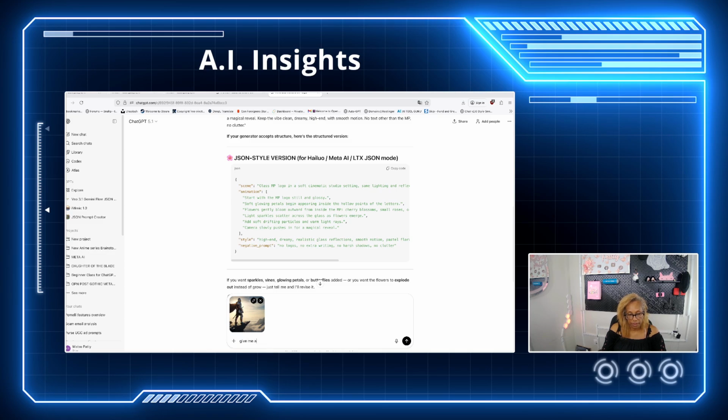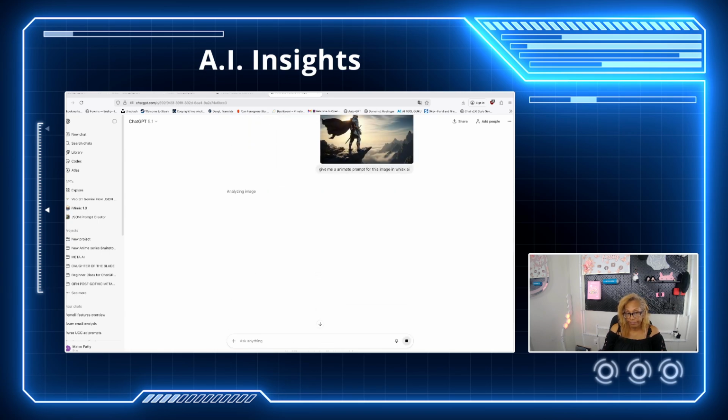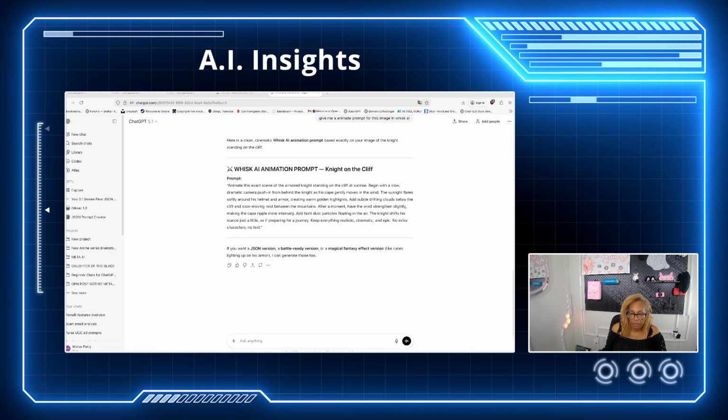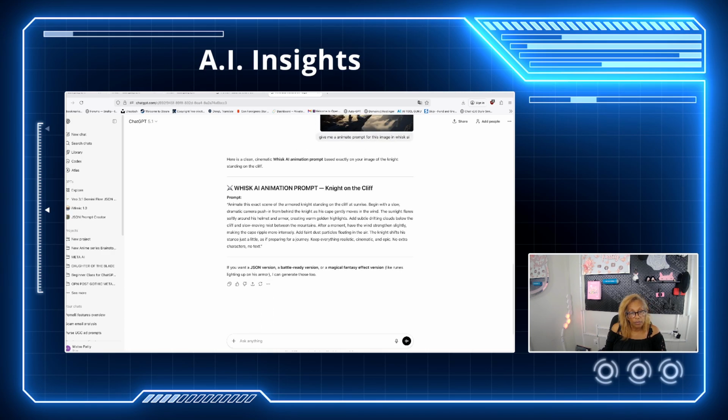Give me an animated prompt in this image in Whisk AI. So CT being CT, he's probably going to give me a prompt and then a JSON prompt. I'll just use the prompt. Yep. Oh, he asked me. Nope, I don't want a JSON prompt. So all I want to do is copy this. Okay. Then go back